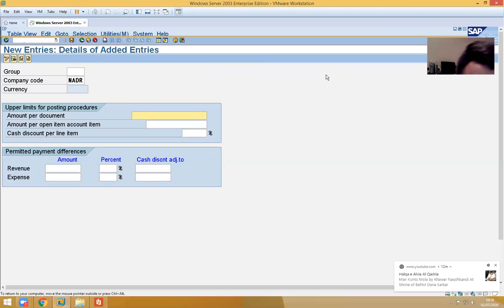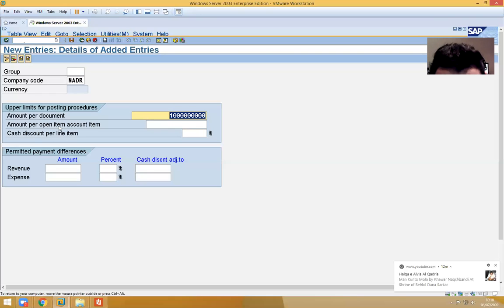How many digits? Let's say 1, 1, 2, 3, 4, 5, 6, 7, 8, 9. So total 10 digits, including 1. Then amount per open item, account item. An employee can enter an amount up to this many digits.